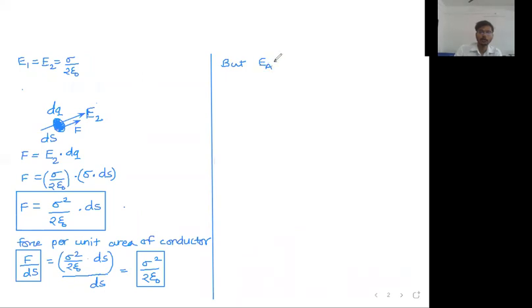Electric field at point A is equal to, let's say, the electric field at a point just outside the conductor. Let us take that as small e, because generally it is taken as small e. Total electric field is sigma upon epsilon 0, that I know. So now what are the options that you have? If you don't want electric field, replace it by sigma upon epsilon 0. If you don't want sigma, replace sigma by E into epsilon 0. If you don't want epsilon 0, replace it by sigma upon E. These are the replacements that you have to do.